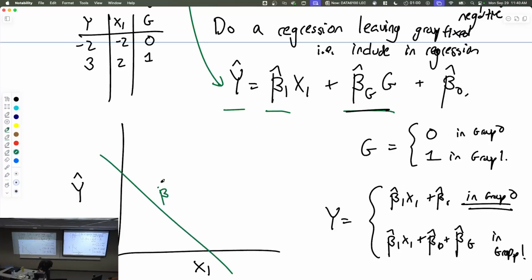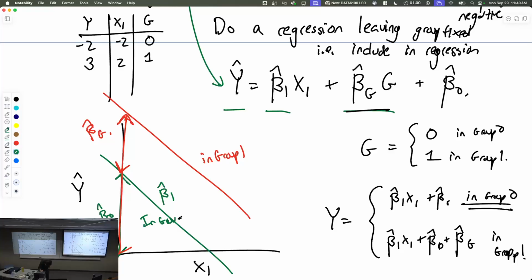So this is slope beta hat 1, and then the offset here, we'll say, is beta hat 0. And then there's another one in the other group where it's beta hat 0, and you add on an extra beta hat G. So beta hat G is the difference, and then this whole length will be beta hat 0 plus beta hat G. And then you'll have this other line that looks like this. So this is the other. So this is in group 1, and this is in